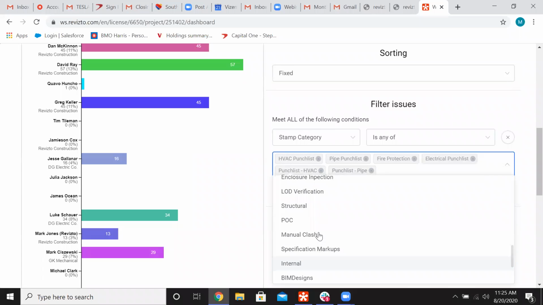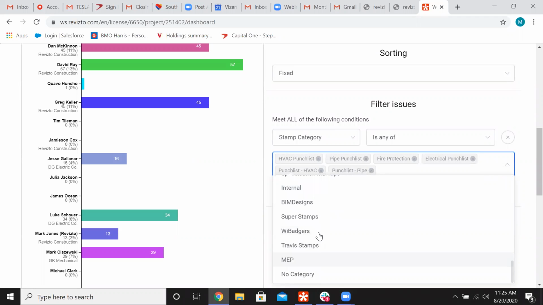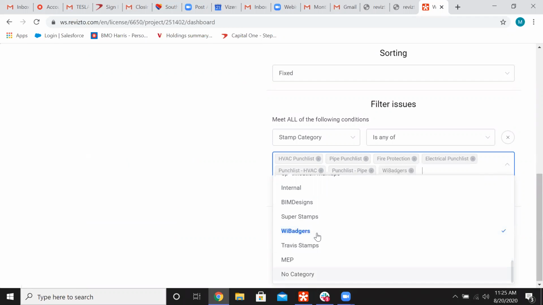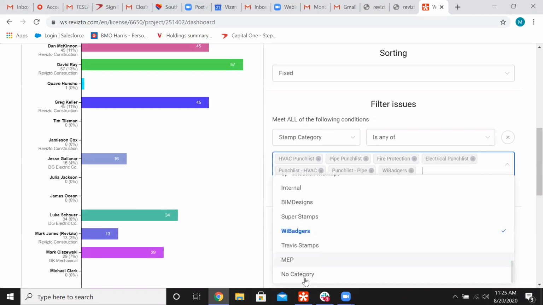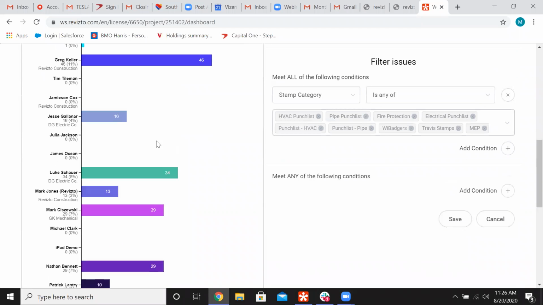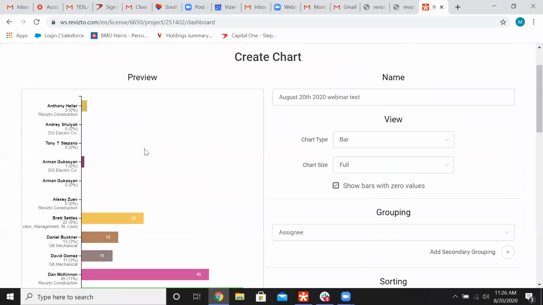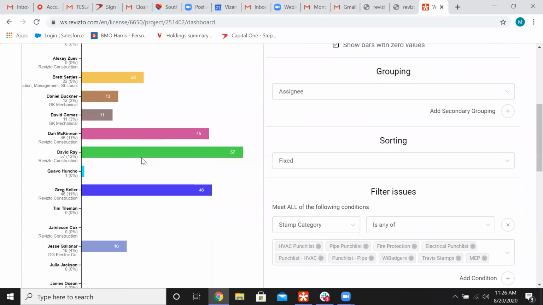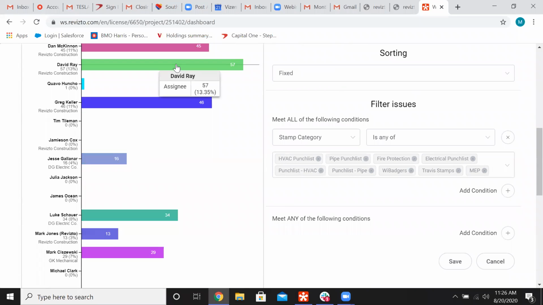But we'll just jump in here and grab a couple more. Being from Wisconsin, I'm going to have to pick Wisconsin Badgers, and then we'll also do Travis's stamp, who is our MEP guy, and the MEP. So we've created these stamps, and now we can come in here and add an additional filter. So here is that specific chart based off of those issues that we've created,